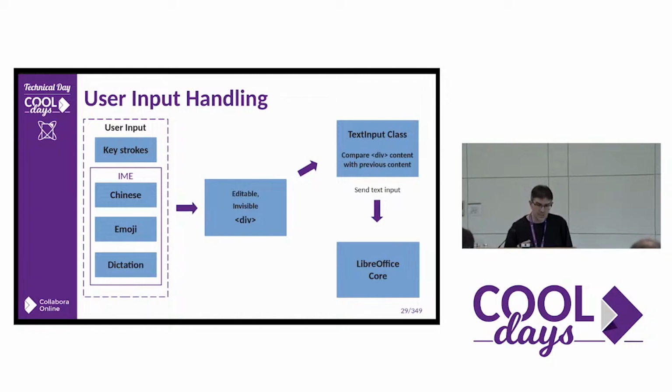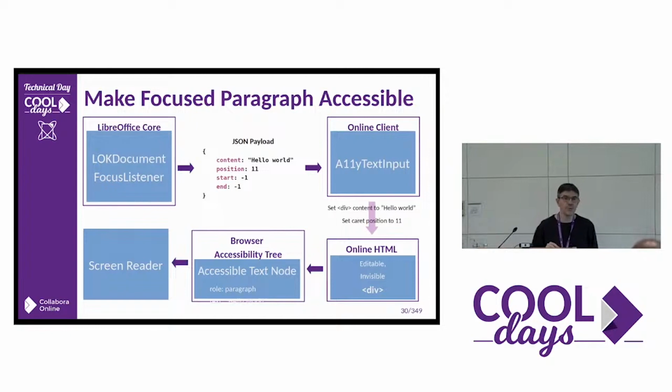So there is a special class named TextInput that computes the text input to be sent to the LibreOffice core. In order to provide screen reader support, we implemented a new class named AccessibilityTextInput,